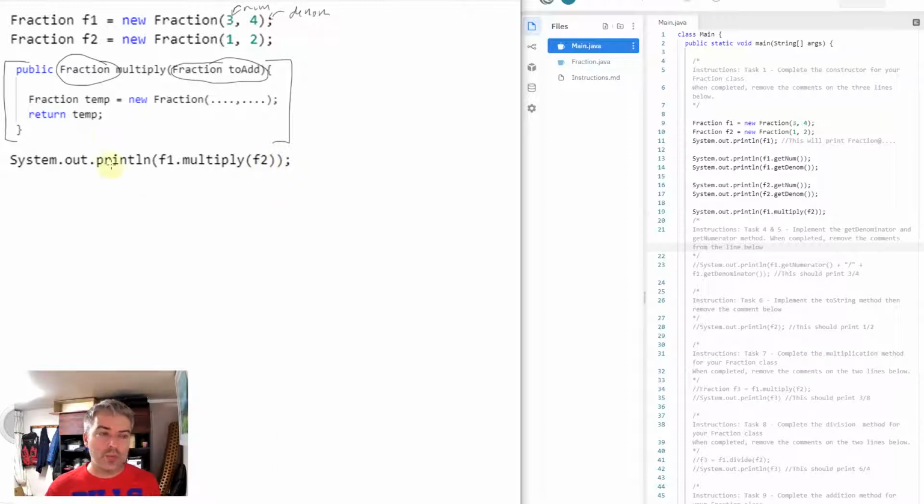Okay, so what things do we have available to work with within this method? Well, because multiply is attached to f1, we're using the multiply method from the f1 object. We have all of the stuff in f1 that we can access. We can access its numerator. I think we just access it directly using numerator, or we could use get num. I think we should have direct access to it inside the method as well, but either one of these might work. We also have access to the denominator